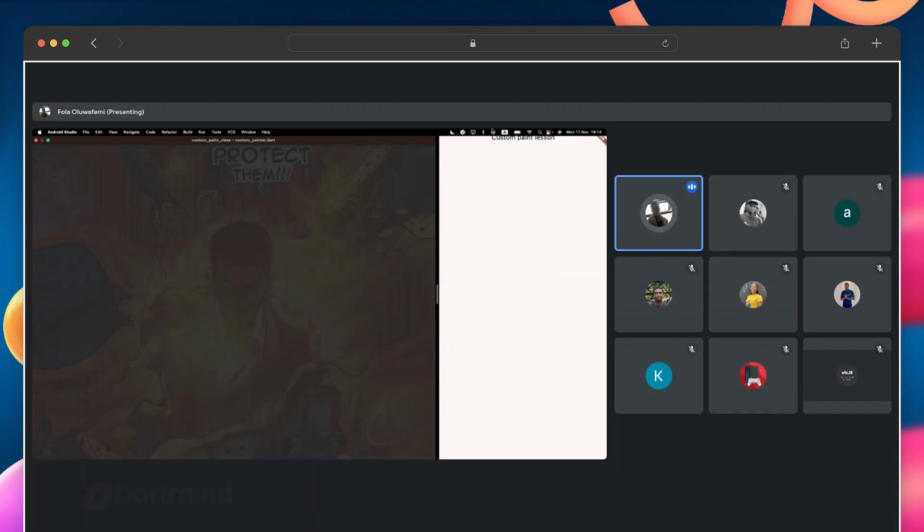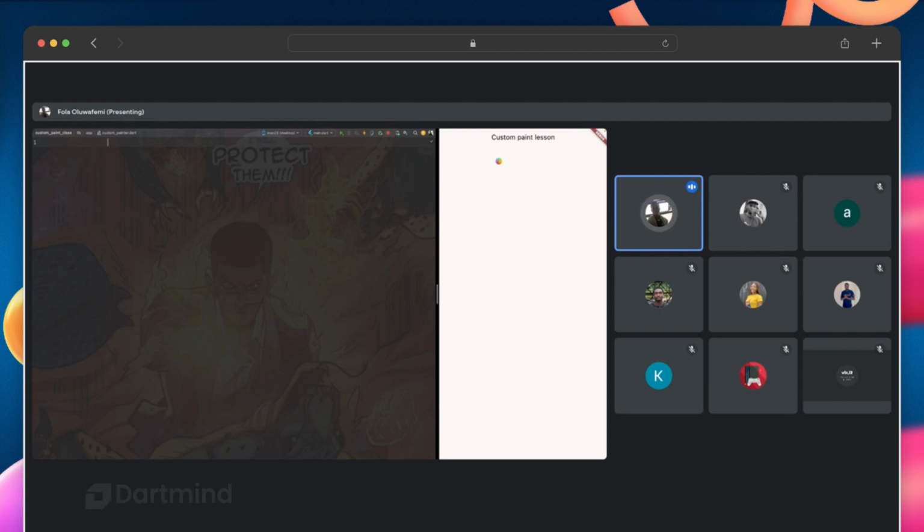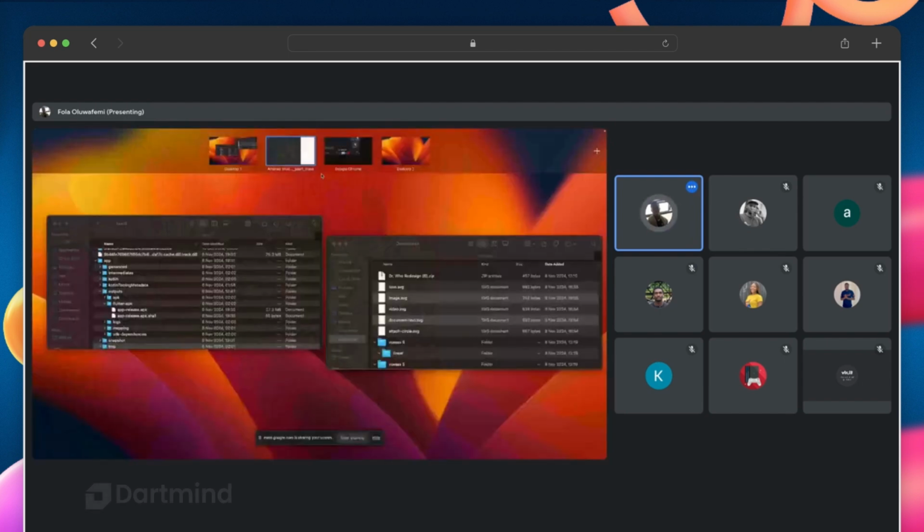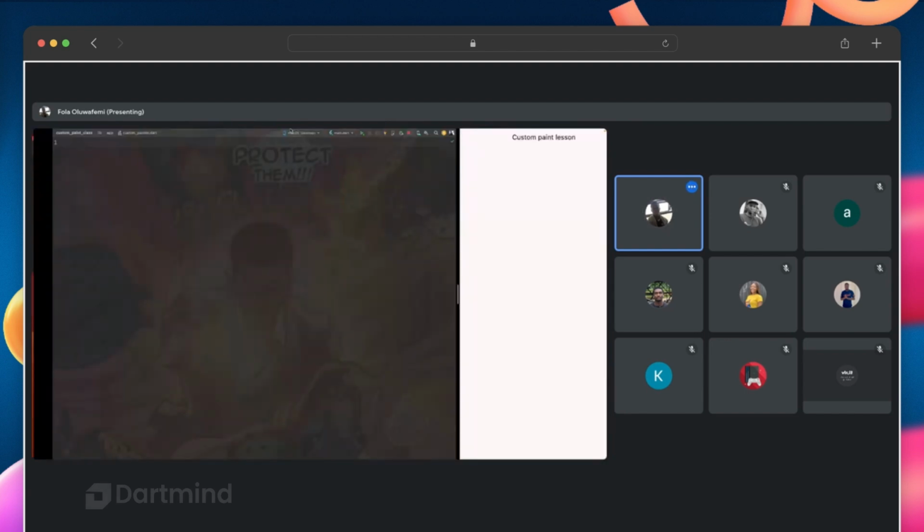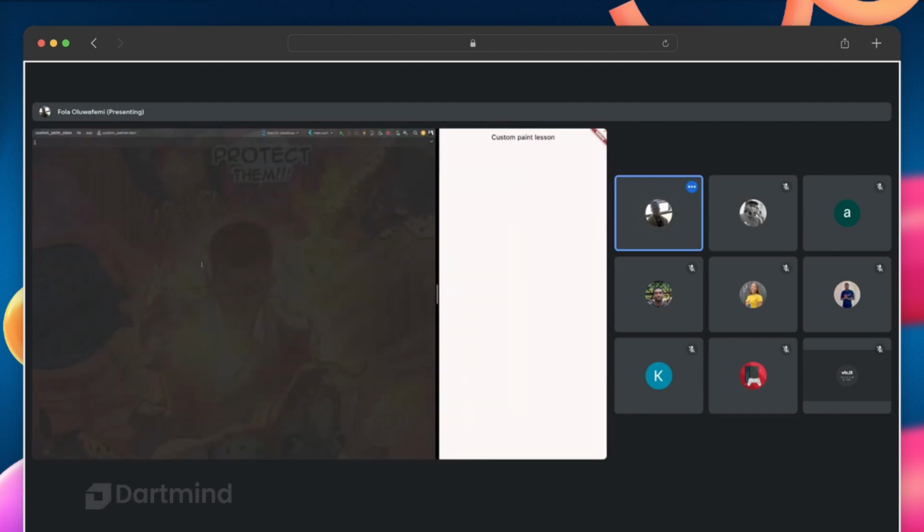Why, or what, is CustomPaint to start with? CustomPaint is a method to achieve in Flutter what the system does, what the Flutter framework does. So to put it simpler,